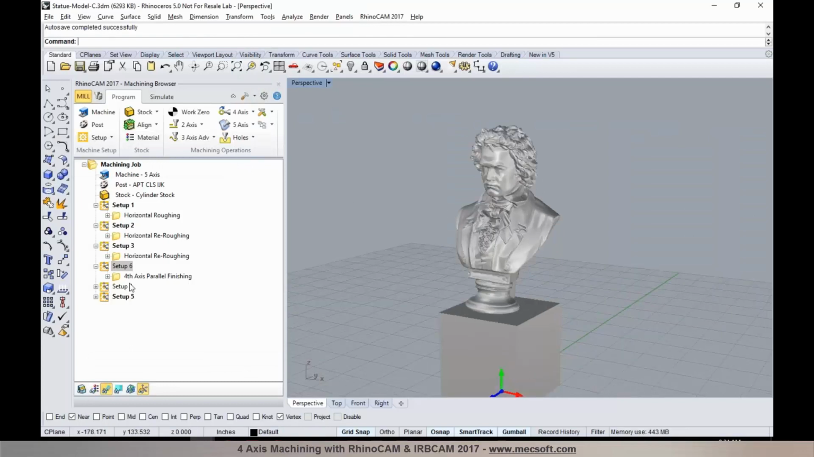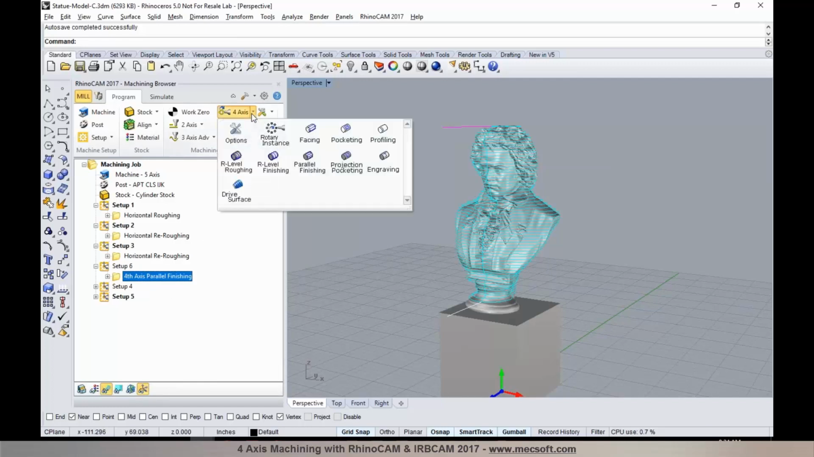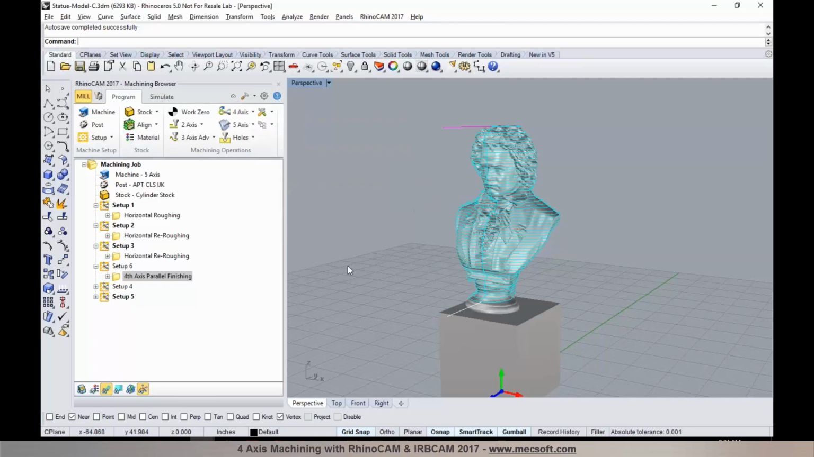And here I have a 4-axis operation pre-programmed. It's called 4-axis parallel finishing, and you can find these under the 4-axis methods. There are a variety of different 4-axis methods you could program. We have drive surface machining, 4-axis engraving, parallel finishing, R-level finishing, and also facing, pocketing, and profiling. Now for this particular model, I've programmed a 4-axis parallel finishing toolpath, and let's go ahead and run a verification